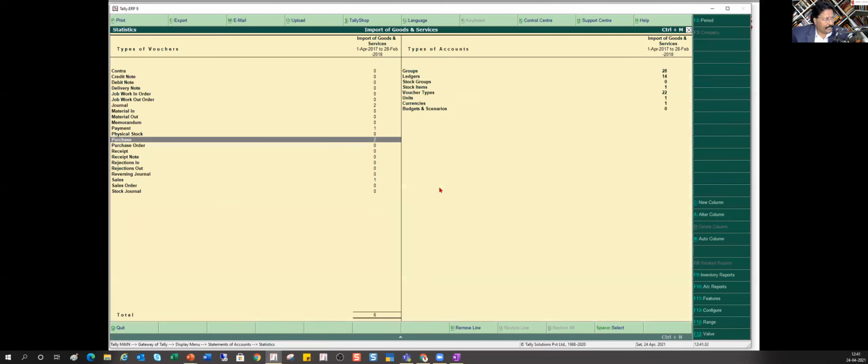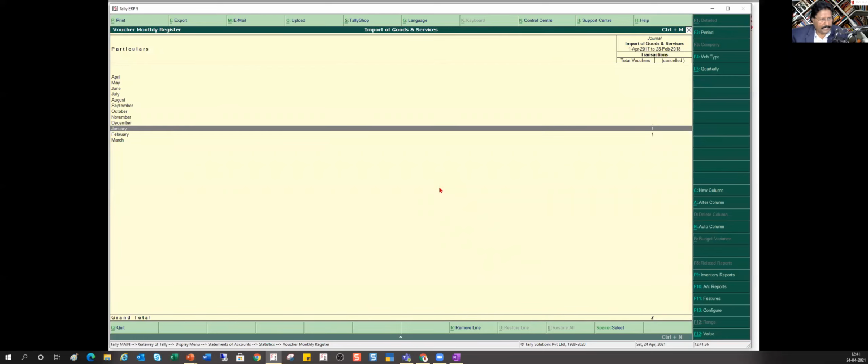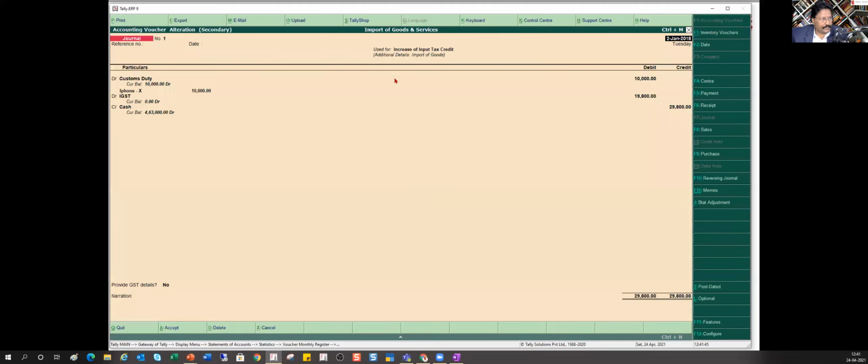And now when I come to my journal entry, either you do a journal entry or you can do a payment entry also. And then once you do a payment entry, you have to pass a journal entry because you need that flag to capture. So what I'm doing instead of this, I'm sure that you are aware that you can do cash entry in the journal also. By default, Tally will not show you the cash entry.